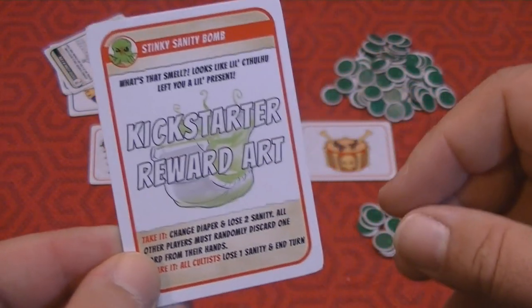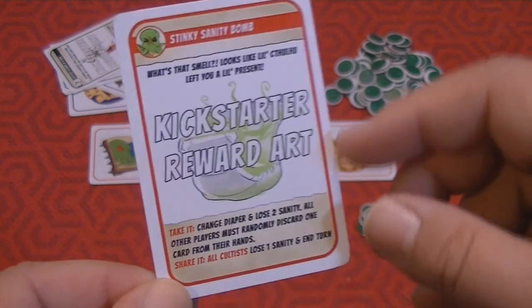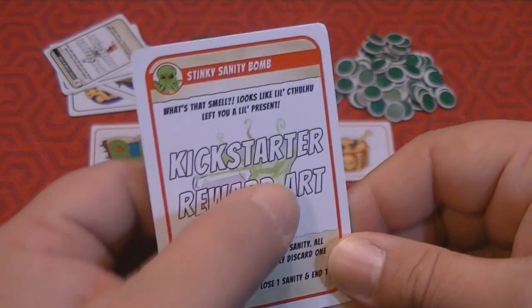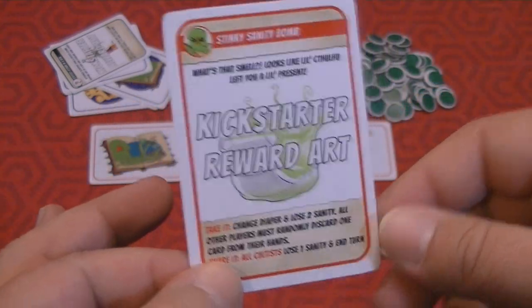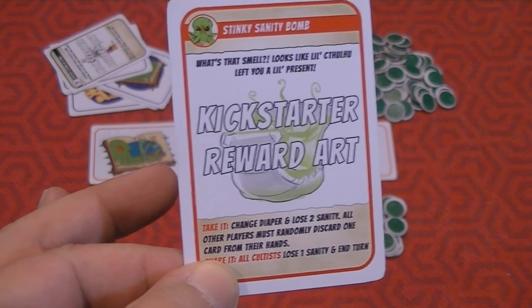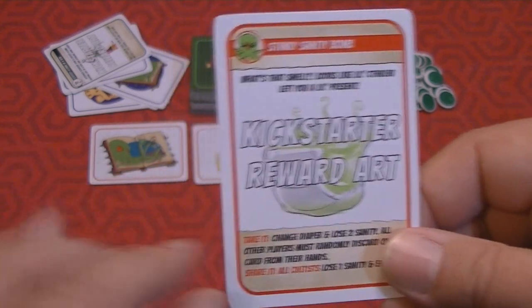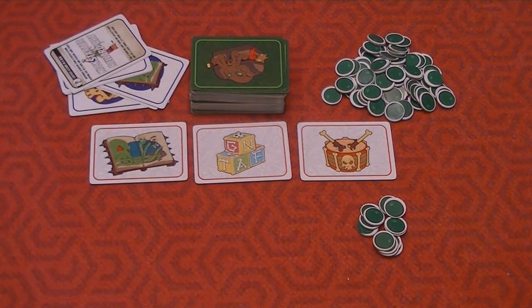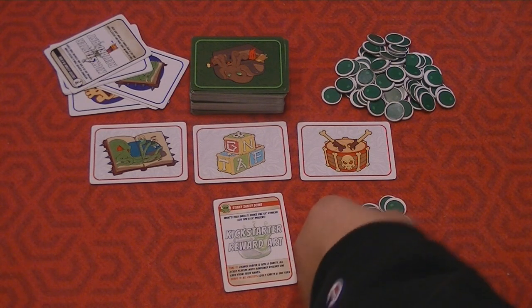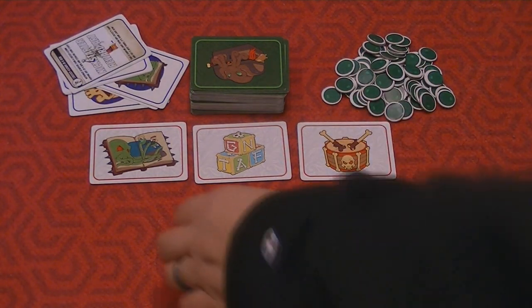And so you say, what's that smell? Looks like Lil Cthulhu left you a little present. Kickstarter, this is art that might not be there when the game is published, but it says change diapers and lose 2 sanity. All other players must randomly discard a card, so you can make everybody else discard if you take it. But if you share it, everybody else will lose a sanity. So you know what? I'm going to make everybody else lose sanity. So you lose 1. Everybody goes around the table, throws a sanity in the pocket,